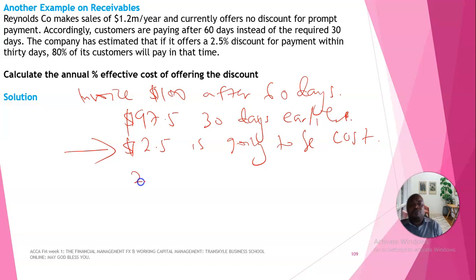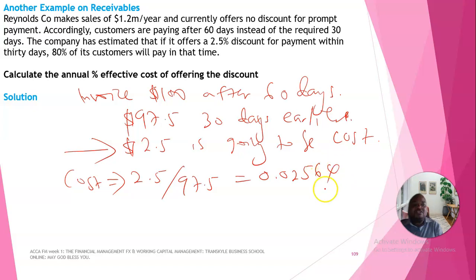So that's $2.50 over 97.5. This is now the cost. It's not the return, it's the cost. The cost comes to 0.02564. And then we have to compute the annual percentage effective cost,